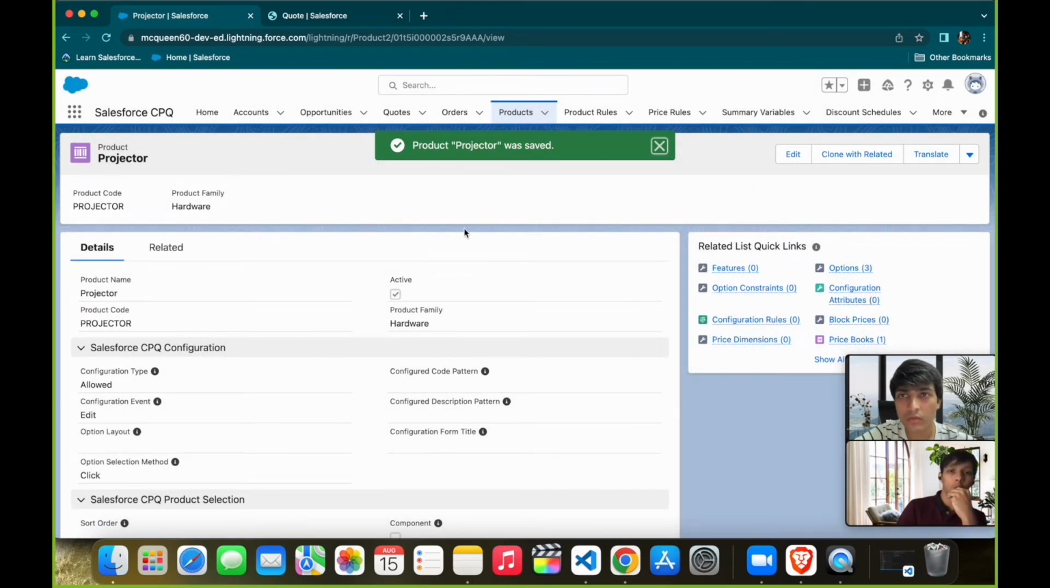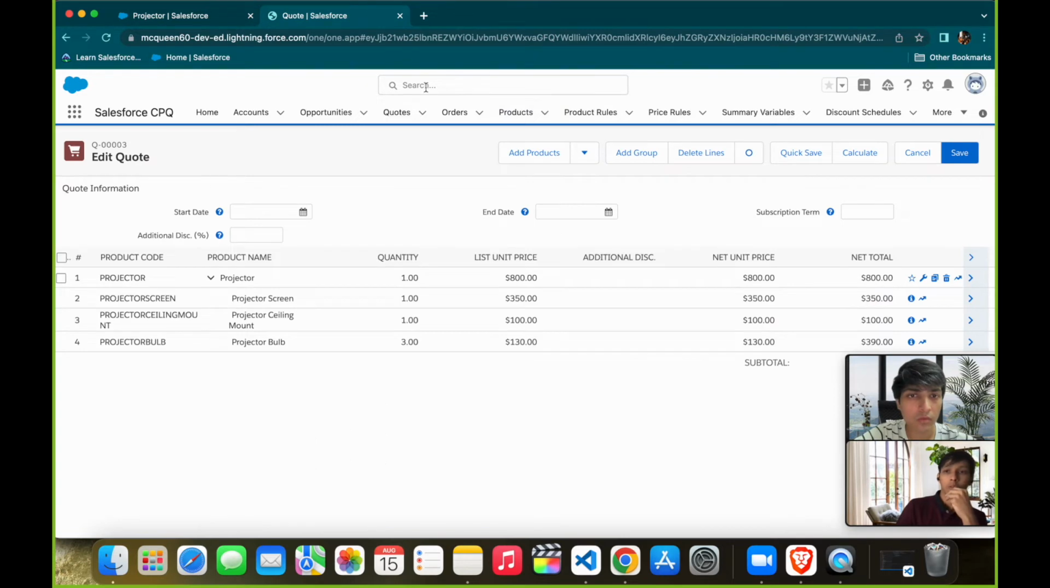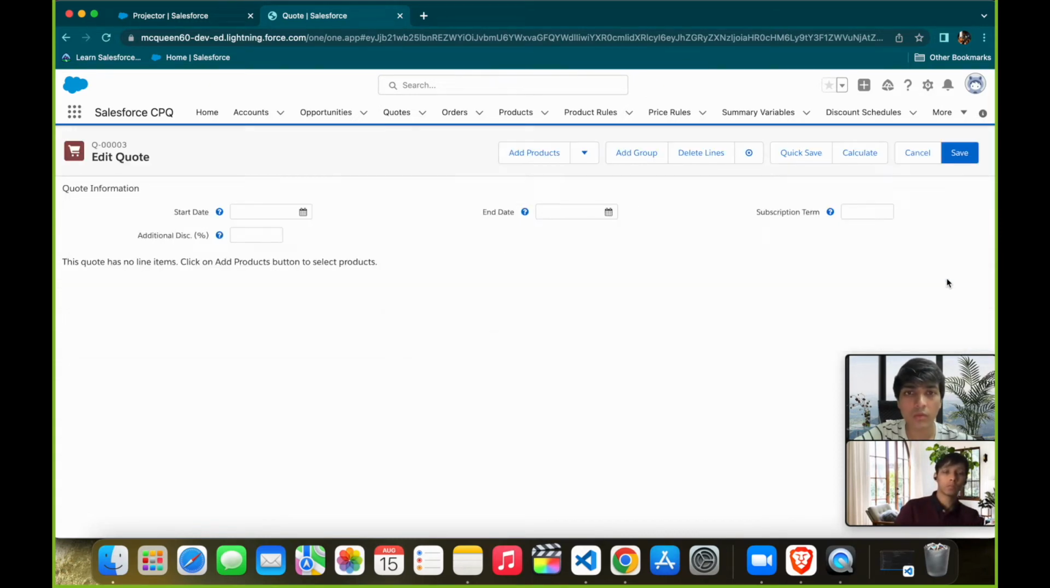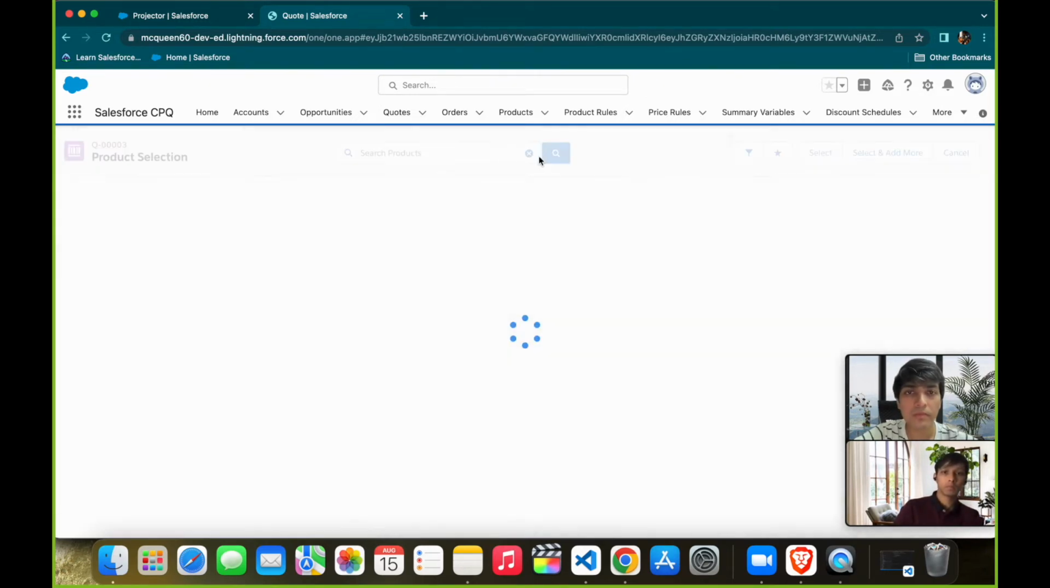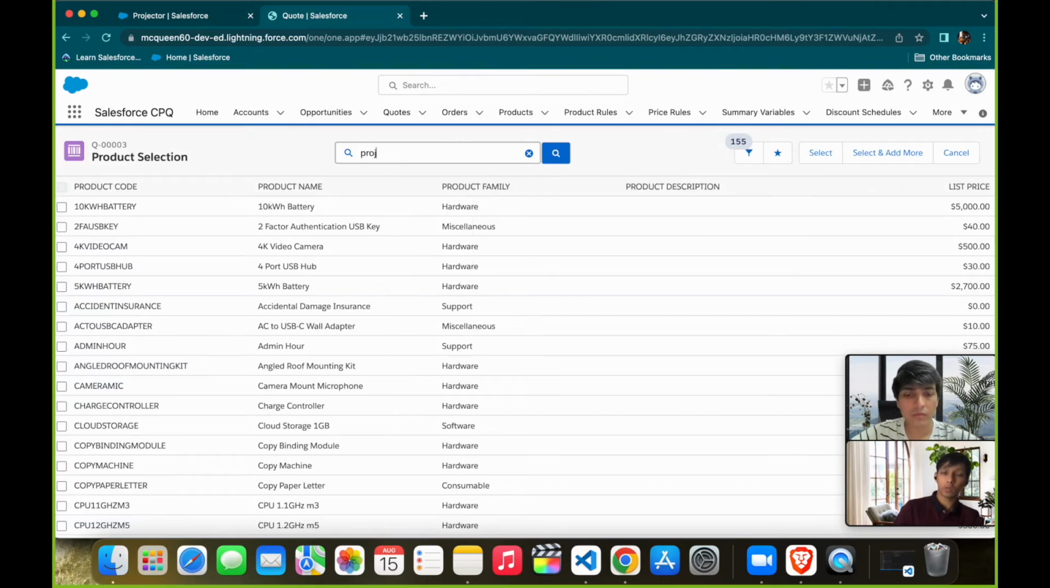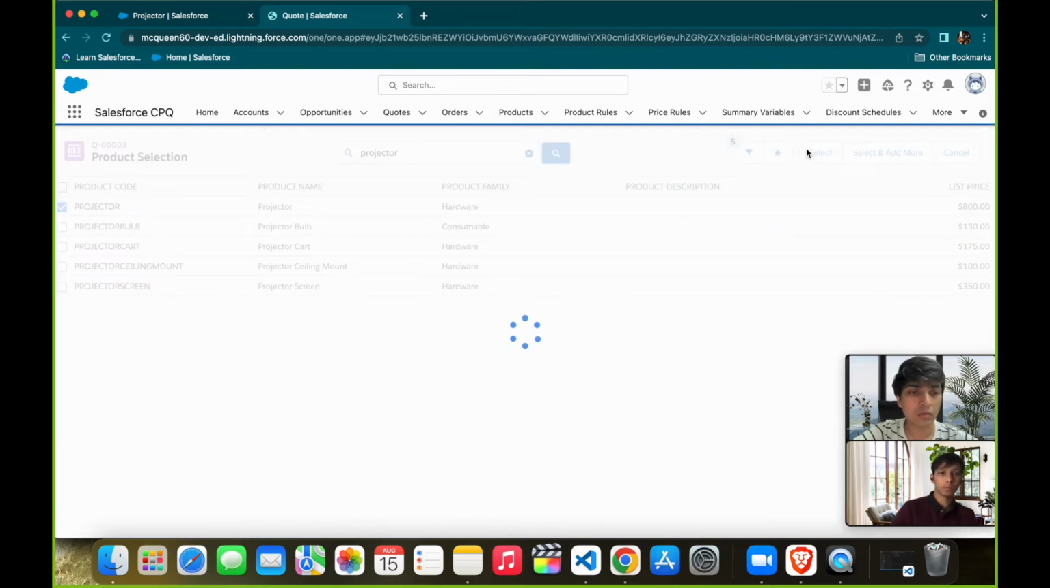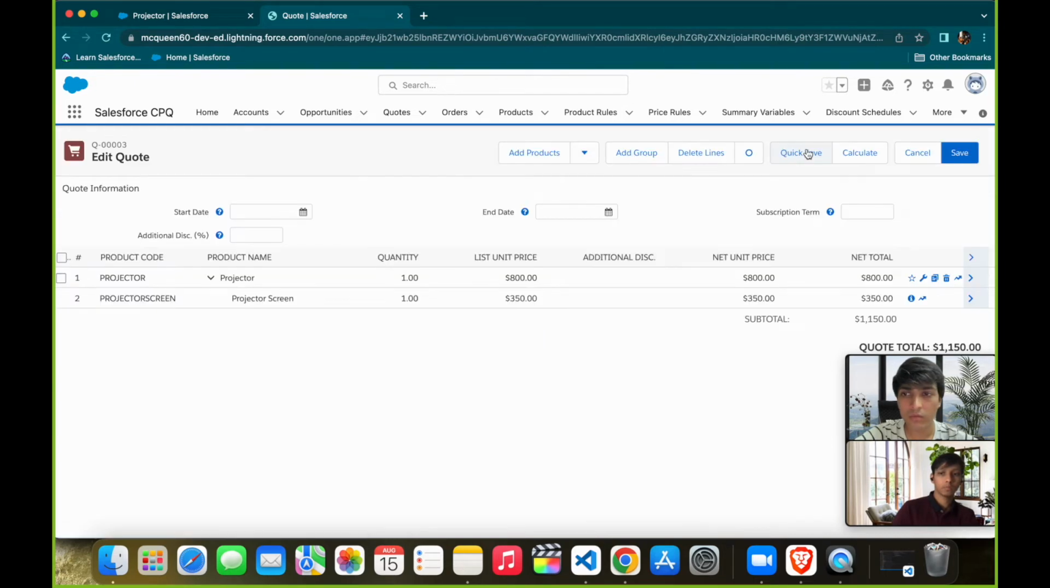Yeah. Now go to the quote. Let's delete this product and try adding this product again and see how that functions. We'll go to add products. We'll look for our product projector. We'll select that. We'll add this to the quote. Right. So as you can see, the product configuration page did not open in this case because the setting